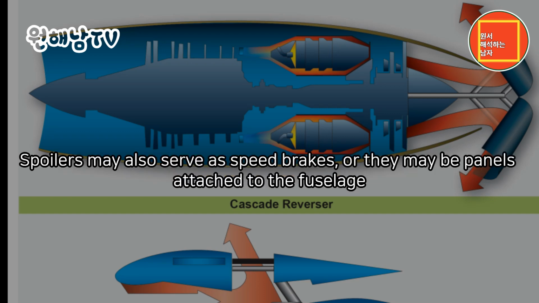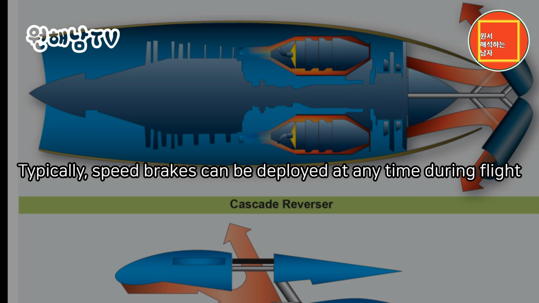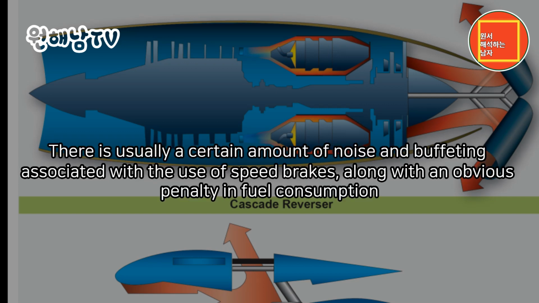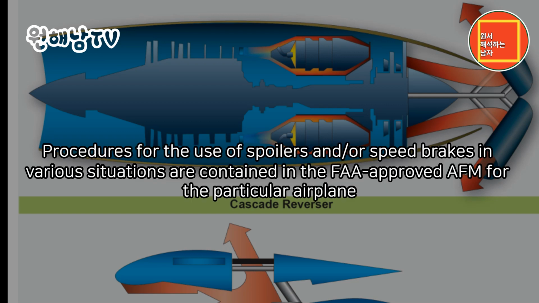Spoilers may also serve as speed brakes, or they may be panels attached to the fuselage. Deploying speed brakes results in a rapid decrease in airspeed and/or an increased rate of descent. Typically, speed brakes can be deployed at any time during flight. There is usually a certain amount of noise and buffeting associated with the use of speed brakes, along with an obvious penalty in fuel consumption. Pilots can minimize the use of speed brakes with proper descent and approach planning. Procedures for the use of spoilers and/or speed brakes in various situations are contained in the FAA-approved AFM for the